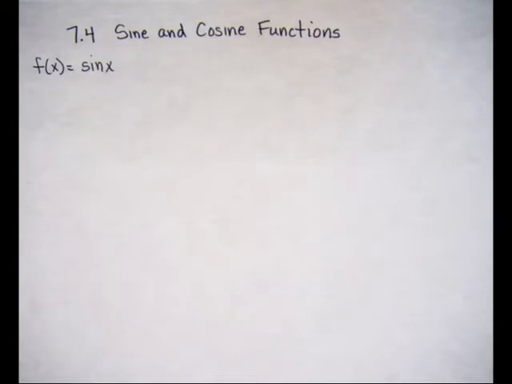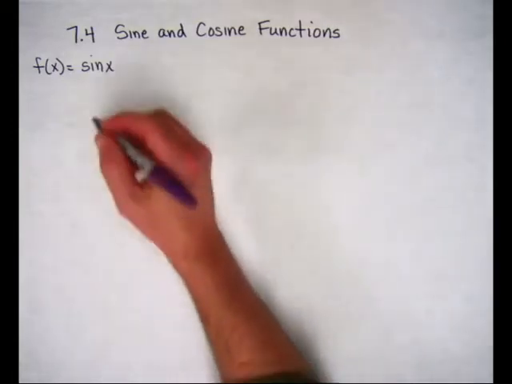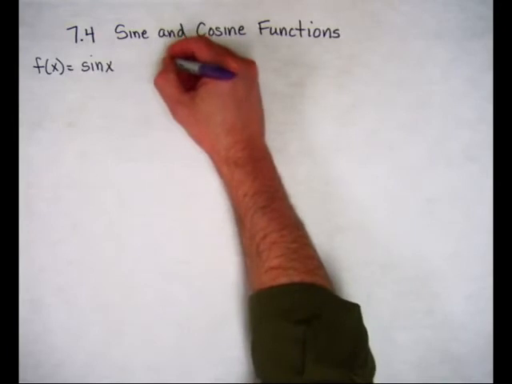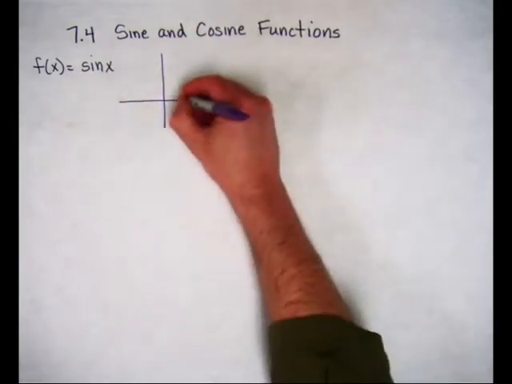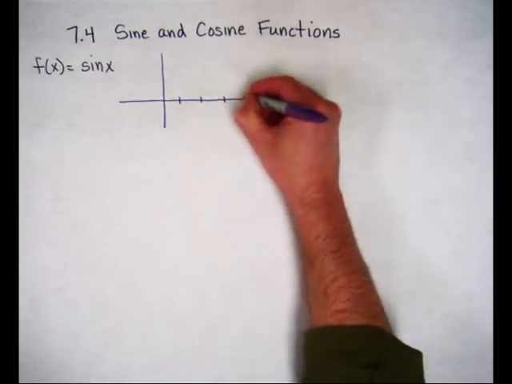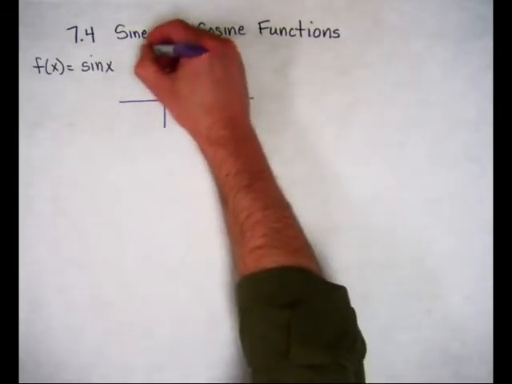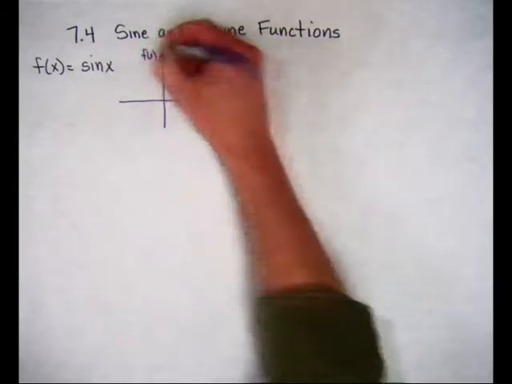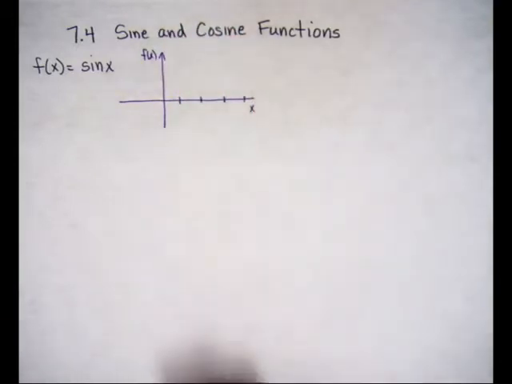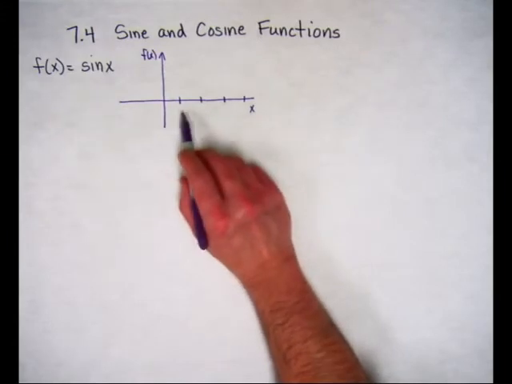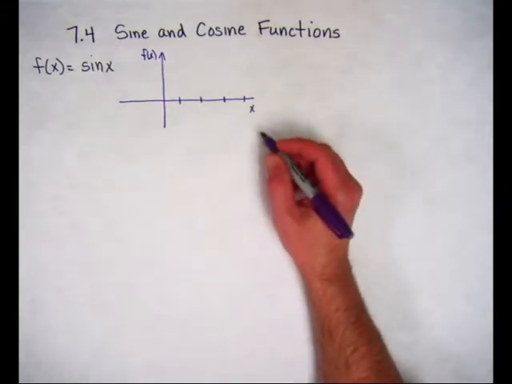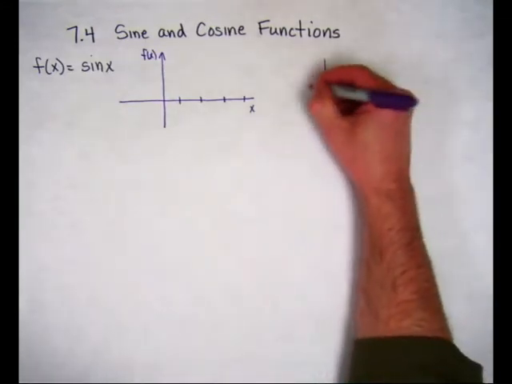Just a bit of a review for you. The graph of sine x would look something like this. If this was our function value, f of x, and this was our value of x, then when we graph trig functions, we mark off our intervals according to our trip around the unit circle. When you travel around a unit circle,